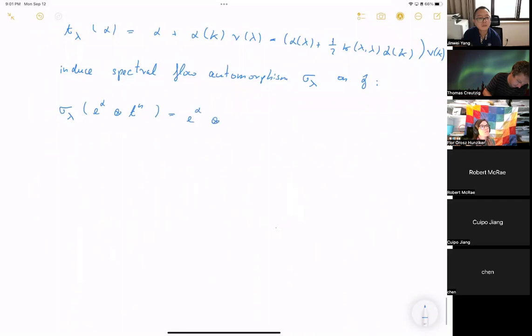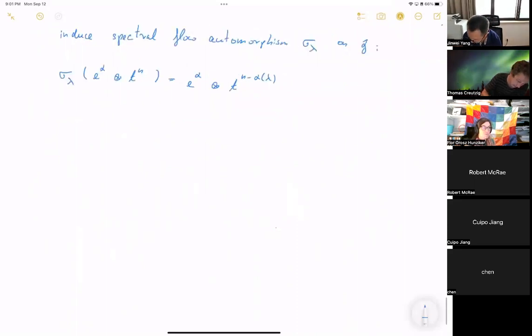So it maps E alpha times t to the n. It changes the exponent here of the t to the n by an integer, and depending on what element I change. So what do I mean here by E alpha? I mean an element in the